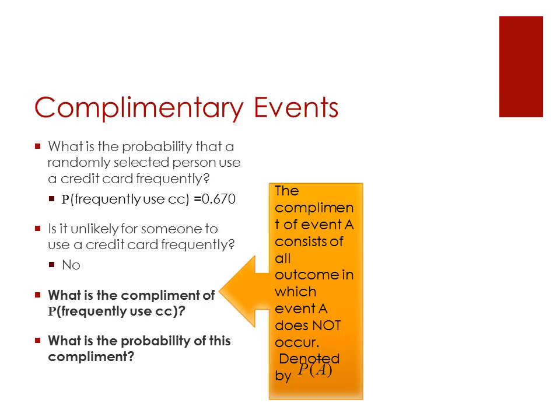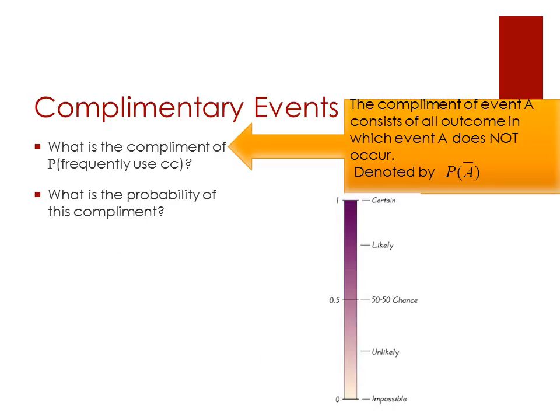The complement of an event A consists of all the outcomes in which event A does not occur. This is denoted by P with what we call an overscore over A within the parentheses, or P(not A). So when we're looking at solving for the complement,